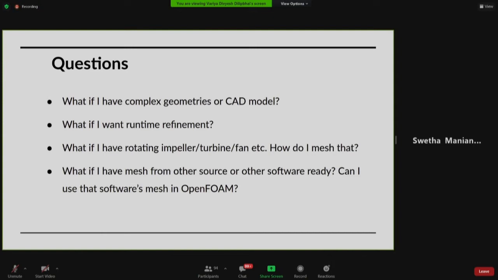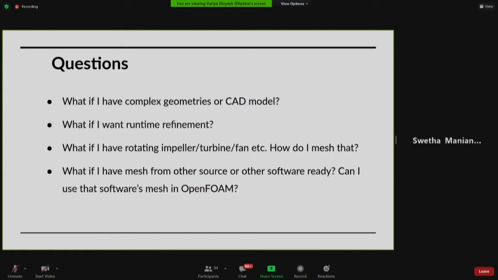So the answer to all of this is, well, not yes, but yes. All of this can be handled in OpenFOAM, and Divyesh can show you how these are addressed. All the examples that Divyesh will pick up and show you come from our own repository, cfd.fossee.in, where we have about 80 plus case studies submitted by students across India, and faculty members are welcome to contribute too.